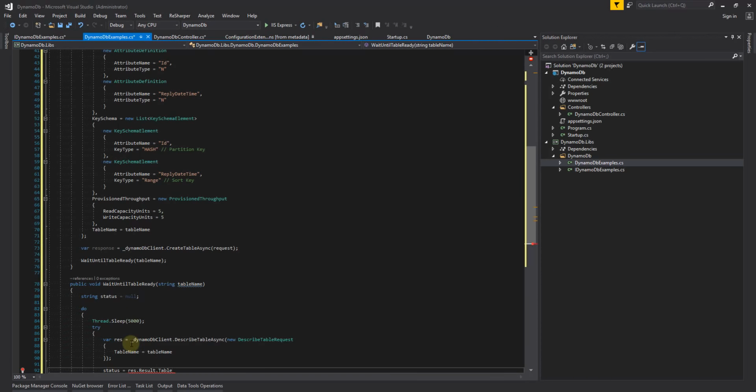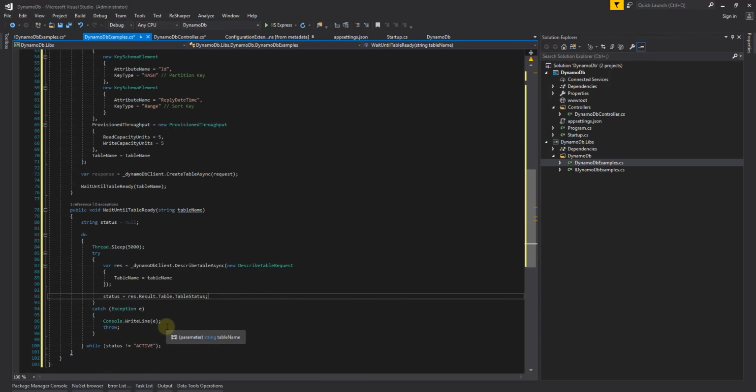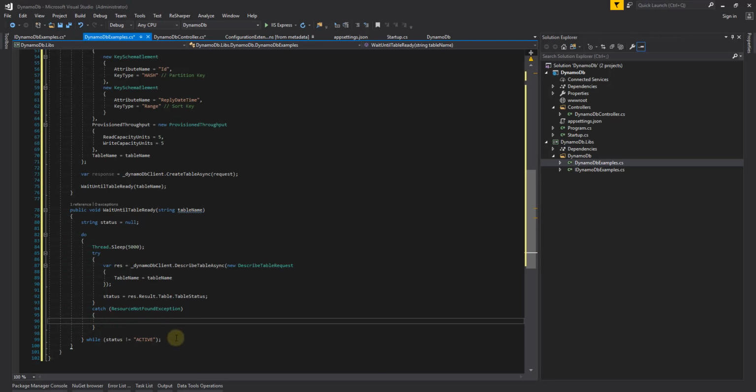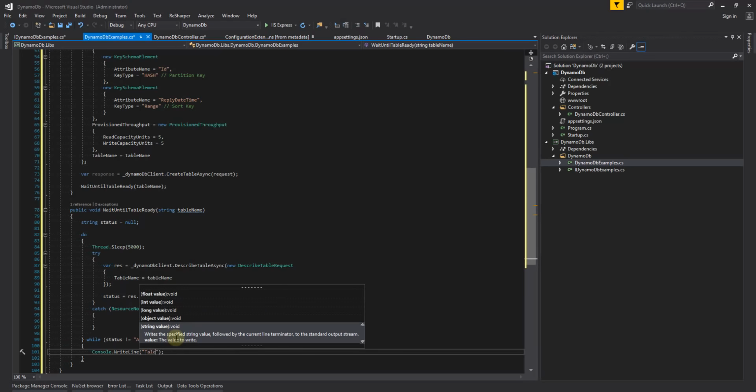And this is going to get the status of the table. I'm going to set an exception as well in case we run into issues. And we're going to say console.writeLine table created